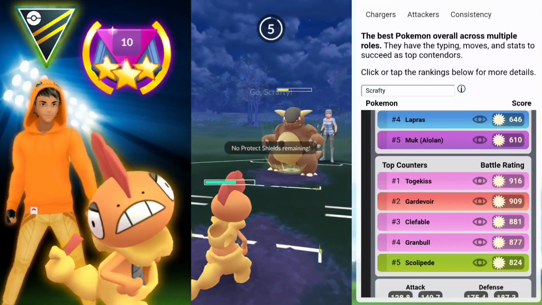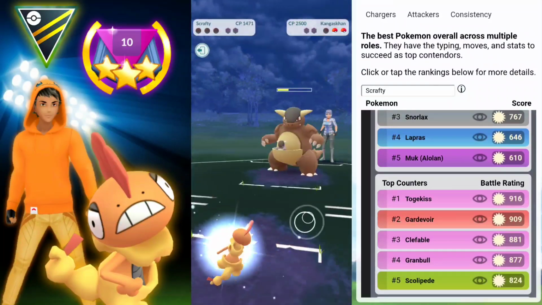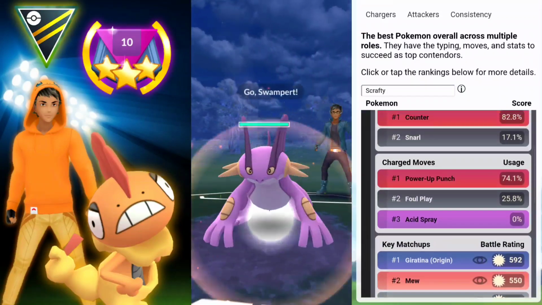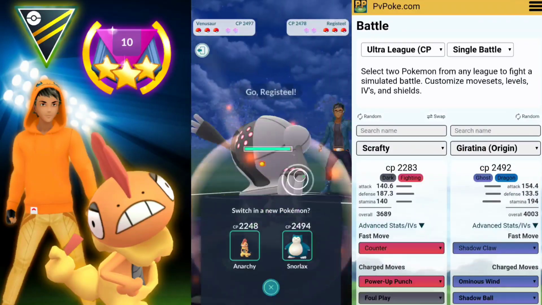Taking this out with that Mud Slap, and then they use an Outrage to take me out. I was so hoping that was going to be a Power Punch. So I'm still getting the hang of Scrafty right now. I'm still finding its niche, right? But it's a pretty awesome Pokemon, and I've found a lot of success, as you're going to see in these